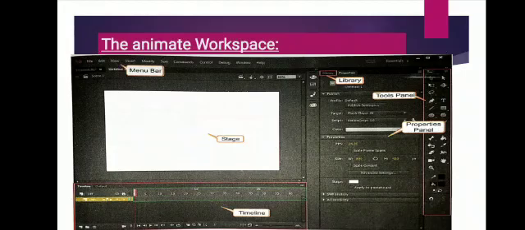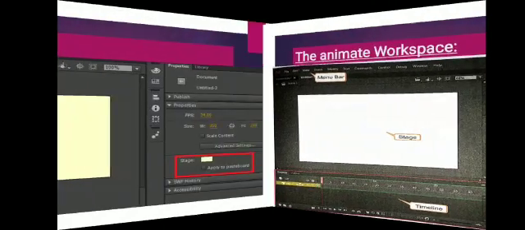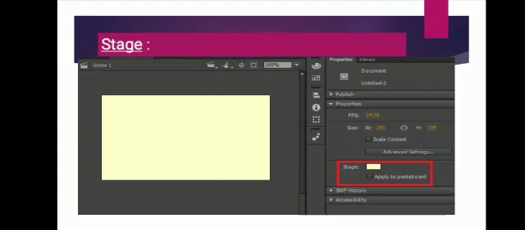Now we will talk about the stage. The stage is the drawing board where we can create graphics, animation and make modifications too. It is a large white space present at the center of the workspace, and by default the stage dimensions are 550 by 400 pixels.